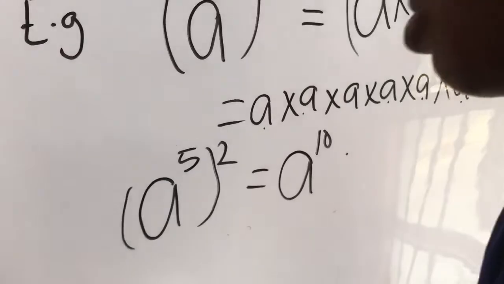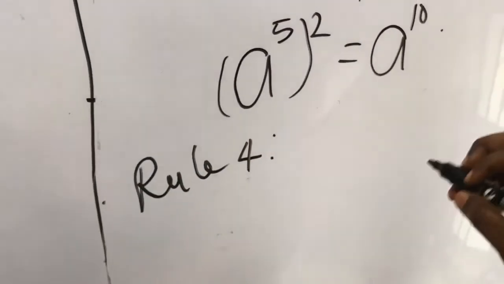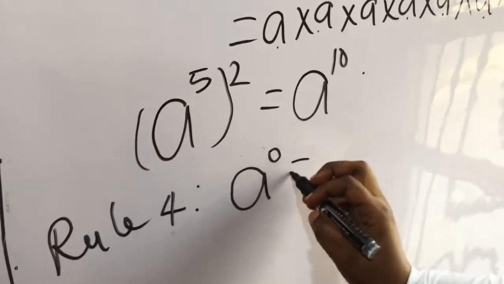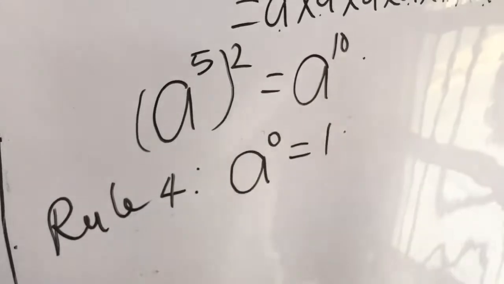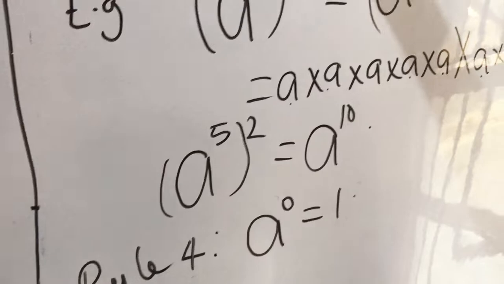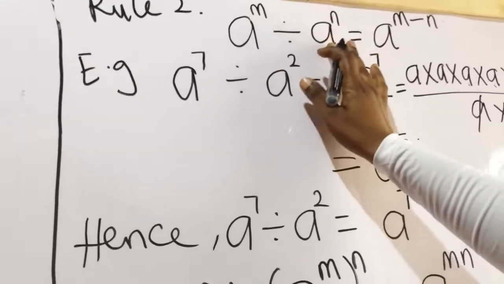So, rule 4. If we have any number raised to the power of 0, it is equal to 1. Why is it so? Now, according to rule 2, which says a raised to the power of m divided by a raised to the power of n,